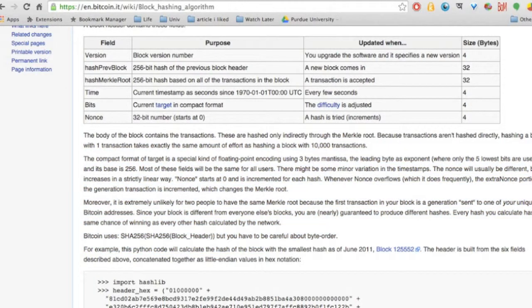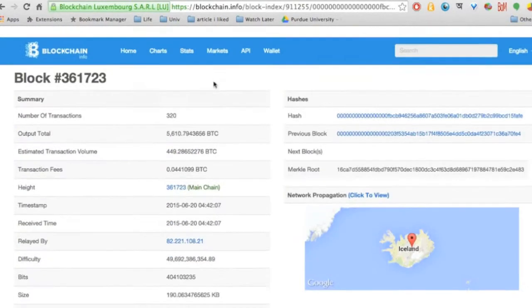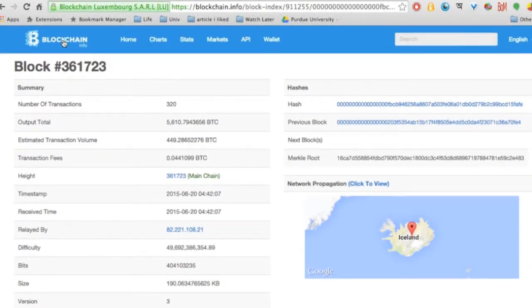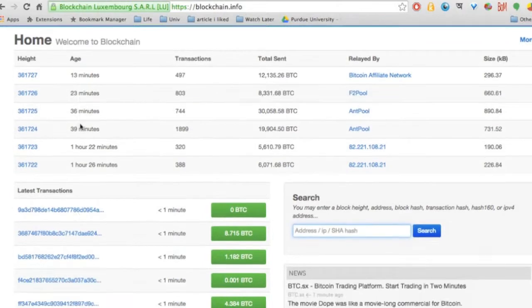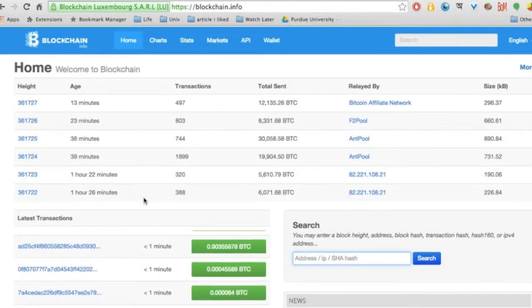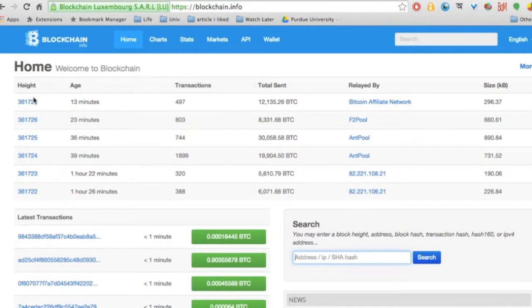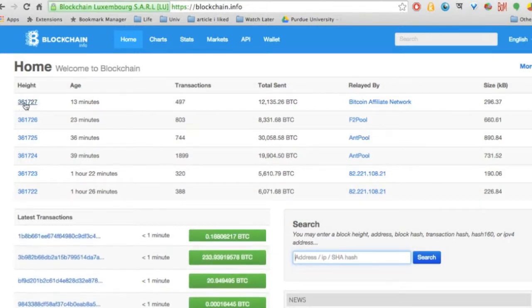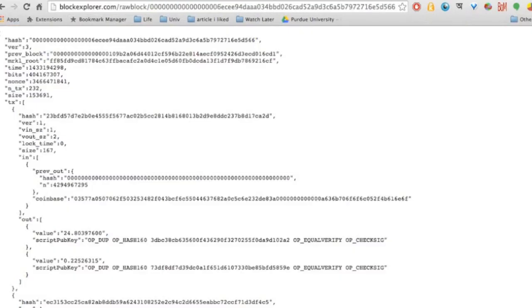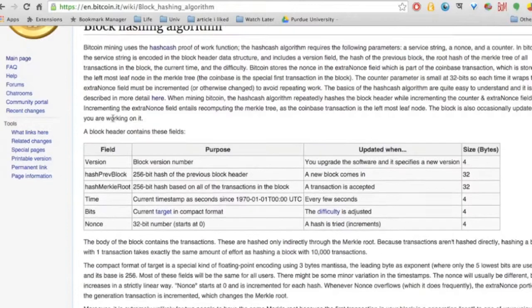So let's go back to the blockchain.info. As you can see, this is the blockchain.info, and it just shows you the latest transactions. As you can see, the most recent block is 361727. So the block generation process in Bitcoin started in 2009, and it's still going on. If you read this